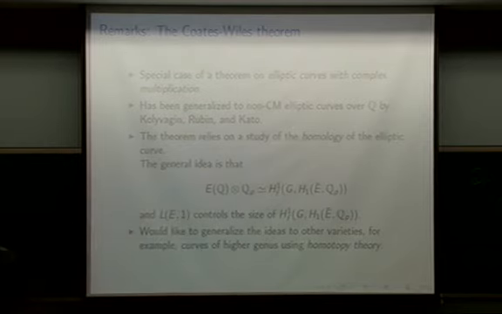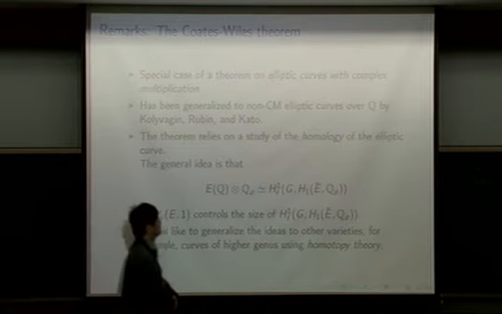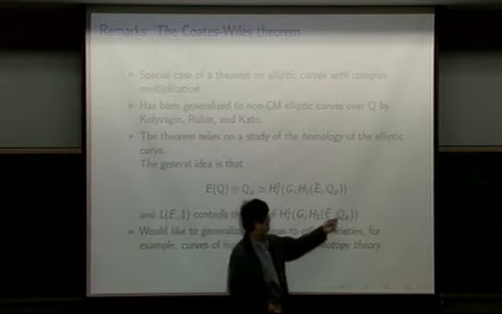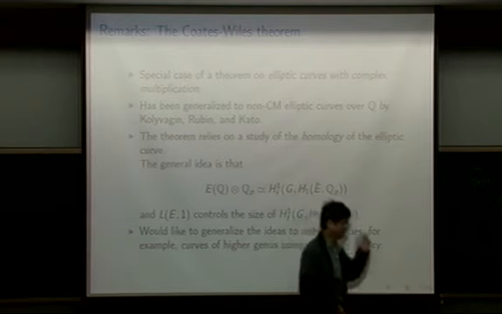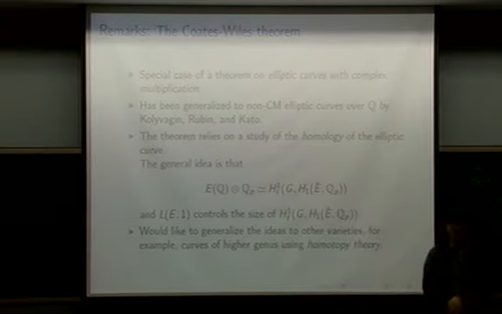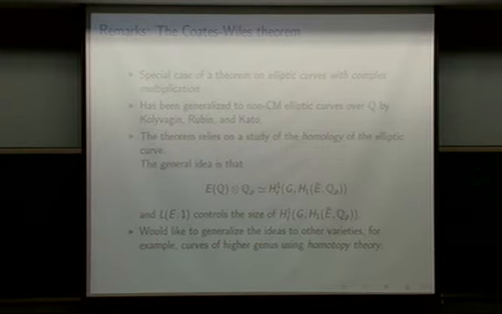And somehow, we've been trying to generalize these ideas to other varieties, especially curves of higher genus. What you need to do is substitute the homology group here. You have to replace it by the fundamental group. That's the idea, in order to study curves of higher genus. And this is more or less what's suggested by Grothendieck in the letter to Faltings, although it doesn't appear that way. So it took me many years to figure out that that's what Grothendieck was trying to say, but that does seem to be the case.